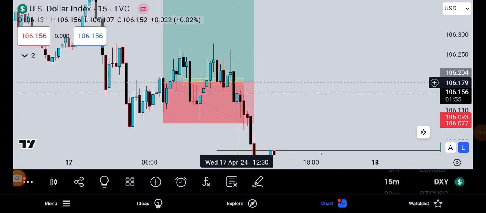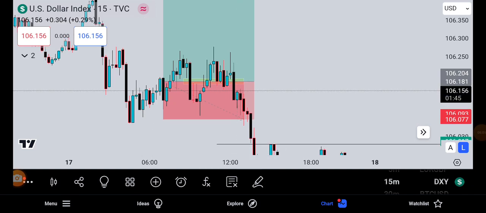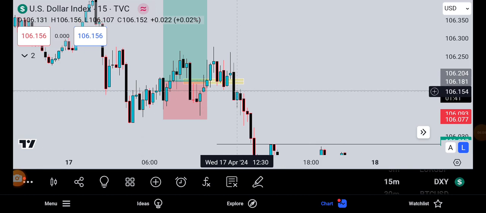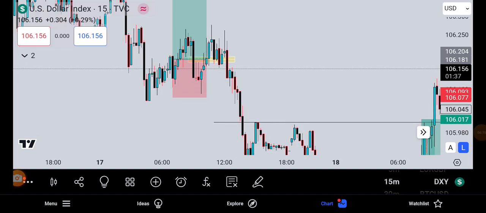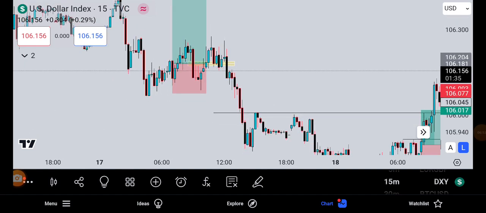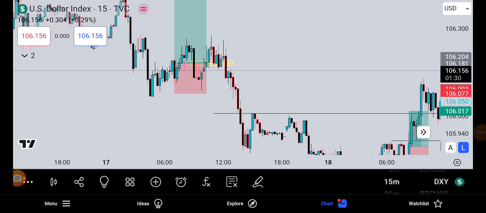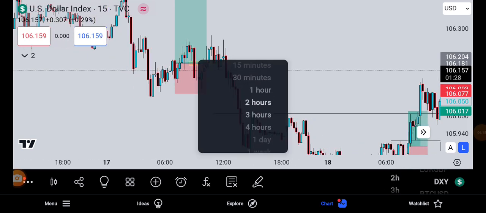Then we had this formation of this fair value gap, and in these situations I really didn't rush to take another trade because it was a clean sell, for a reason I'll be talking to you about. The mistake I realized I did make is if we go to the higher time frame, maybe the daily time frame,